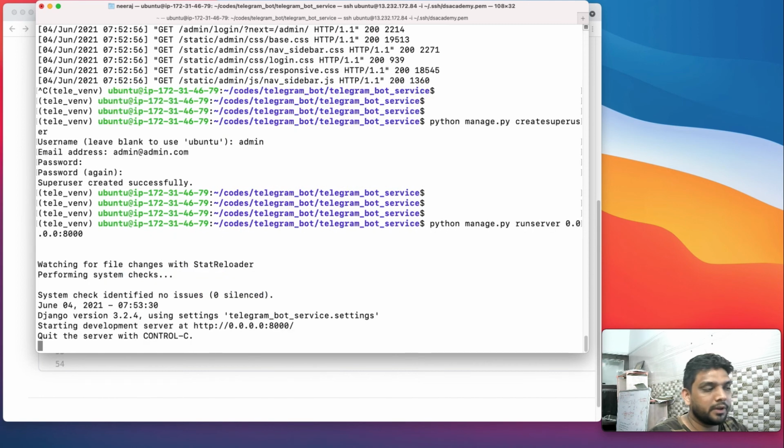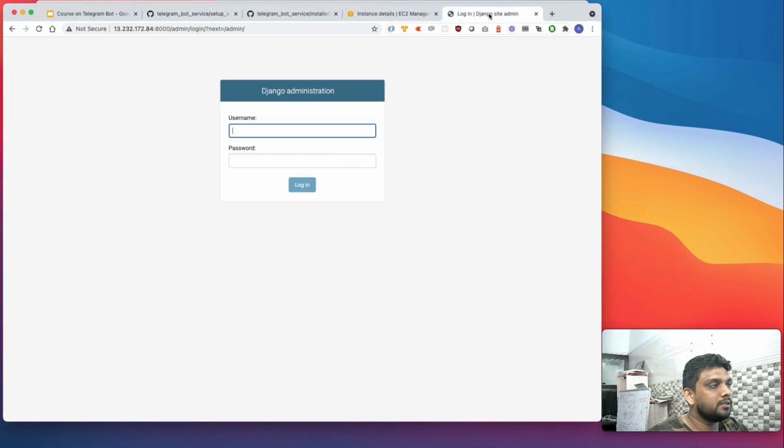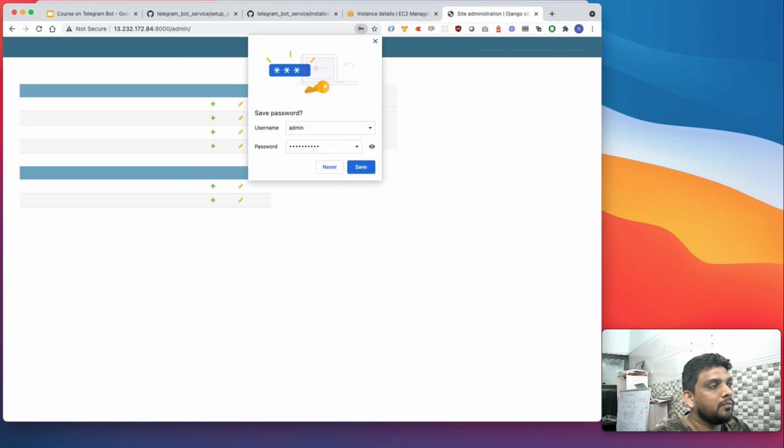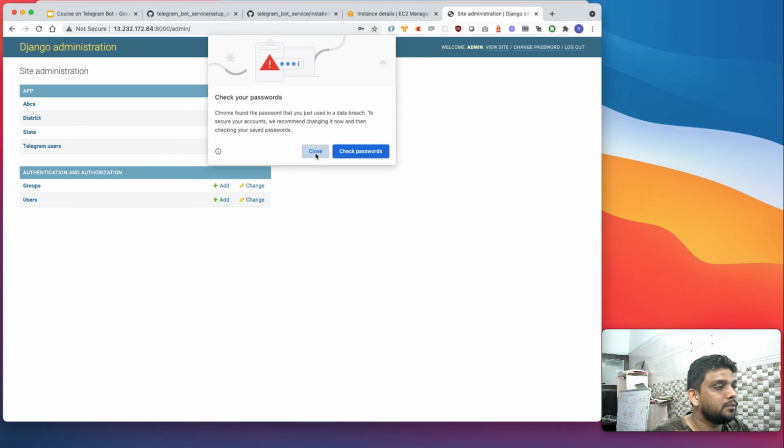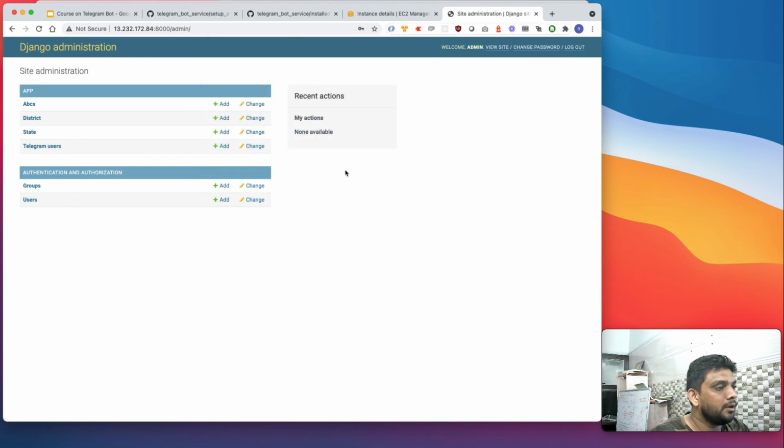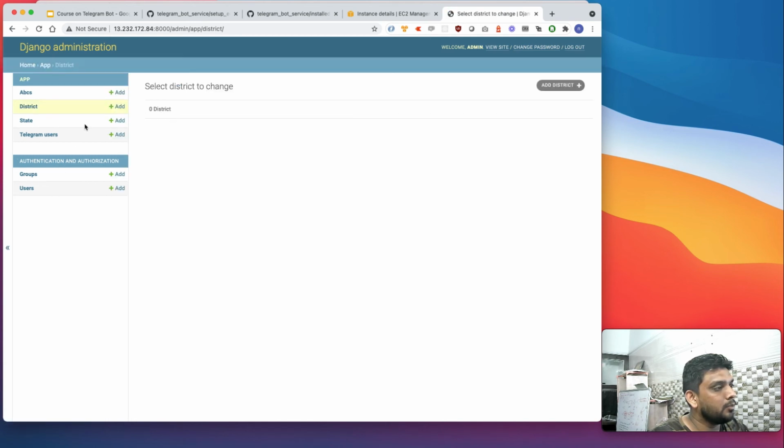Let's run the server again and go to the admin, and I'm just logging in. And yes, here we are. We have all the models available. Of course, there are no states, no Telegram users, no districts, so there is no data as of now.